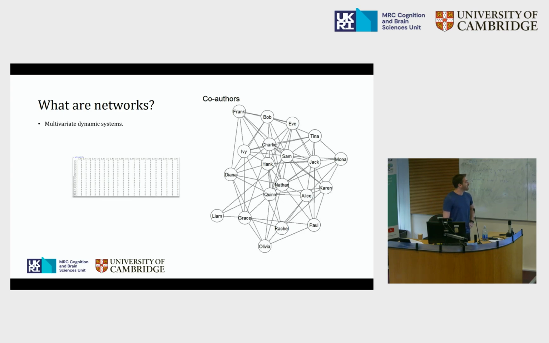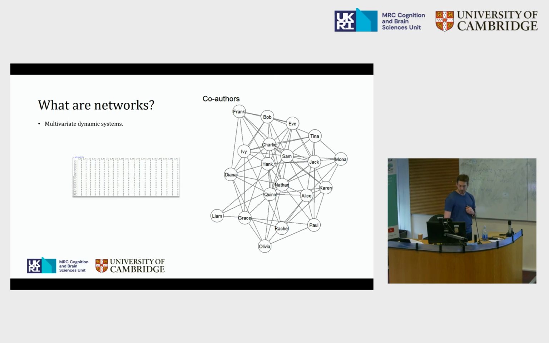So what are networks? When we talk about networks, we would usually refer to some multivariate system that has some dynamic of the different actors within that system. So underneath this graph here, which demonstrates a random example of co-authors on papers, there is an adjacency matrix that shows the different connections between the people here, whether they are connected, meaning they wrote a paper together, and then they get a value of 1, or they didn't write a paper together, and then they get a